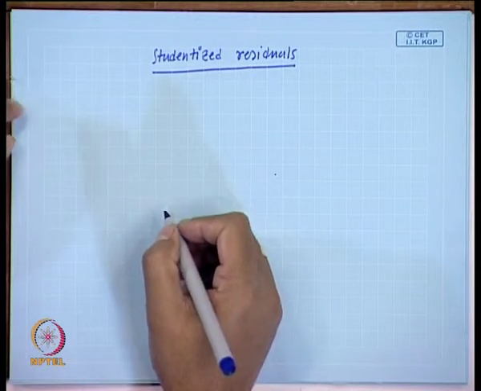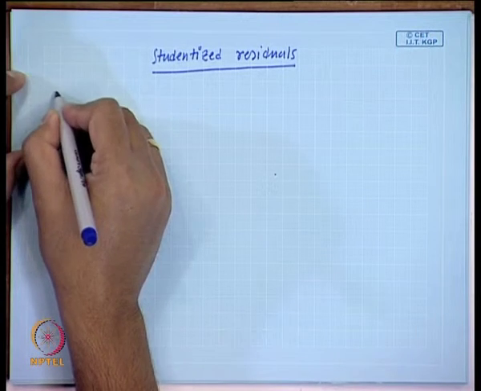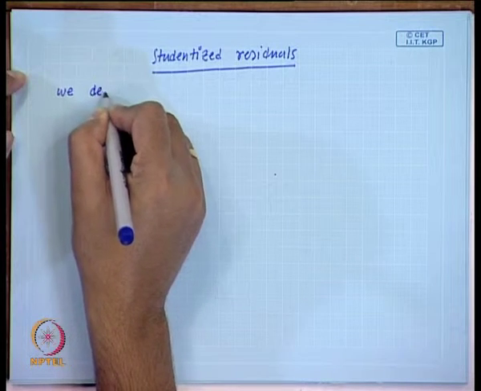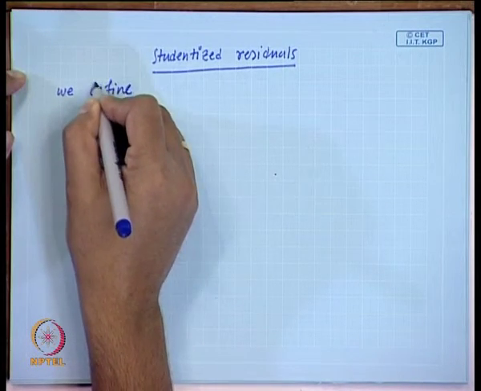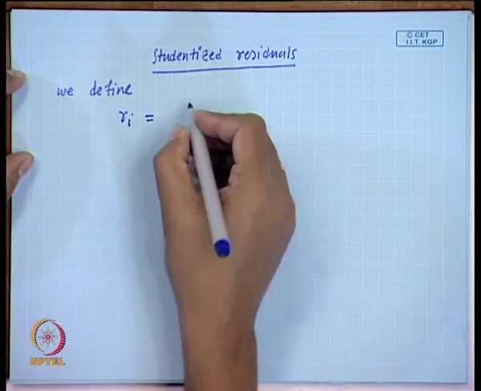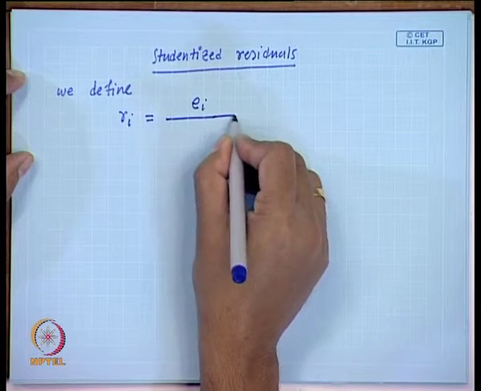So, what is the studentized residual? We define ri as ei divided by